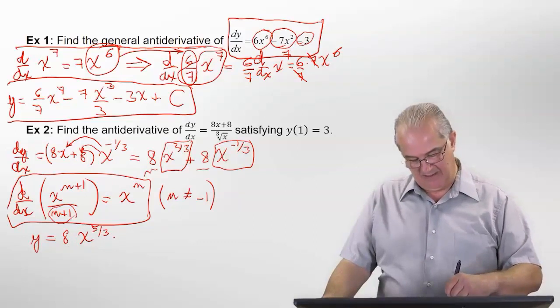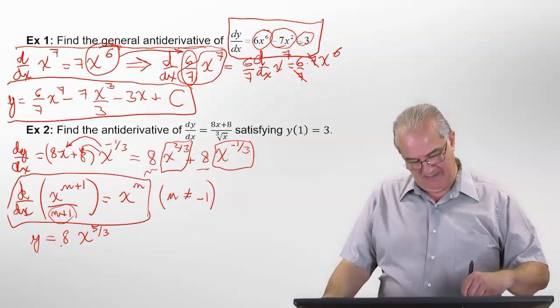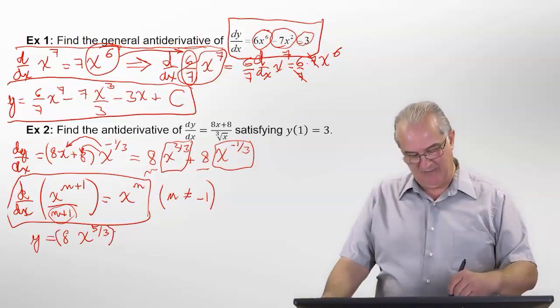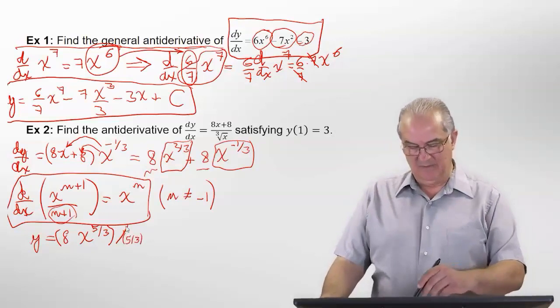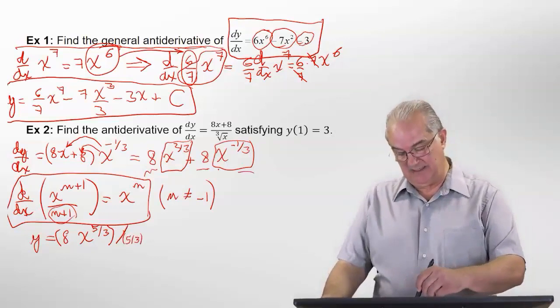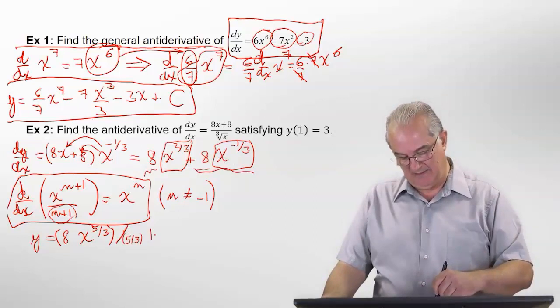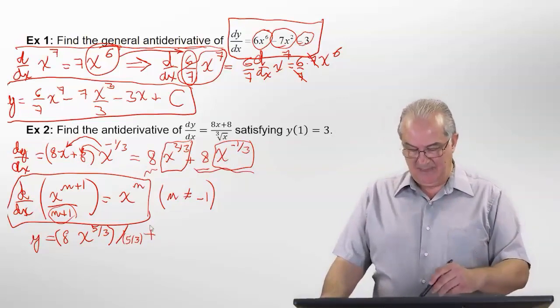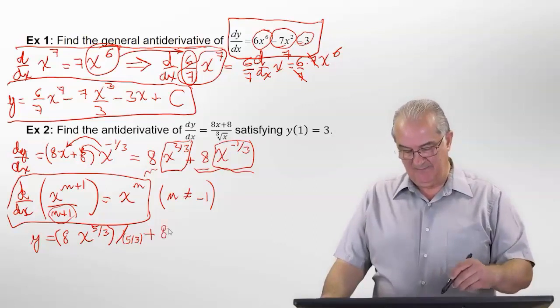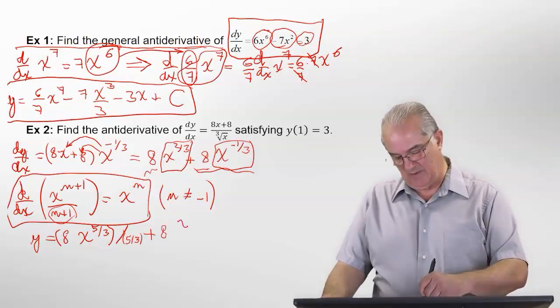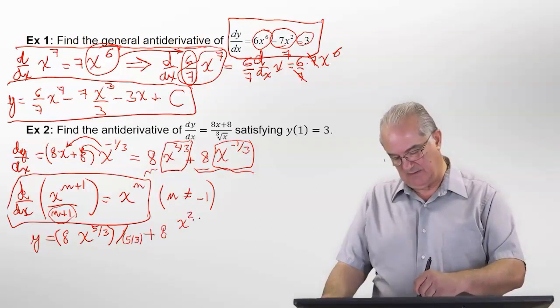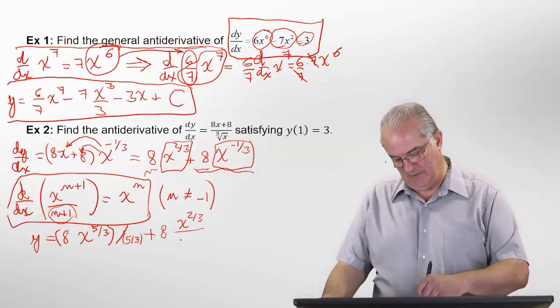So the 8 times x to the power 5/3 should be divided by 5/3. And then we do the same exact process with the second term that we need to anti-differentiate. So we add 8 times an antiderivative for x to the minus 1/3. We add 1 to the exponent, that gives us x to the 2/3, and then divide by this new exponent